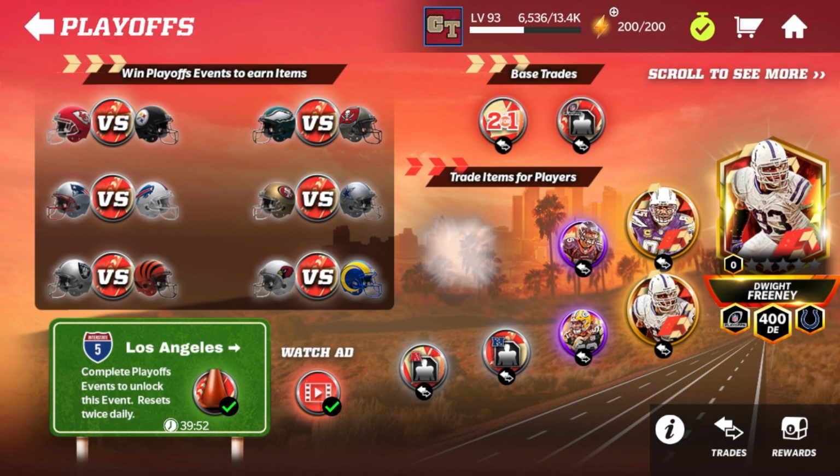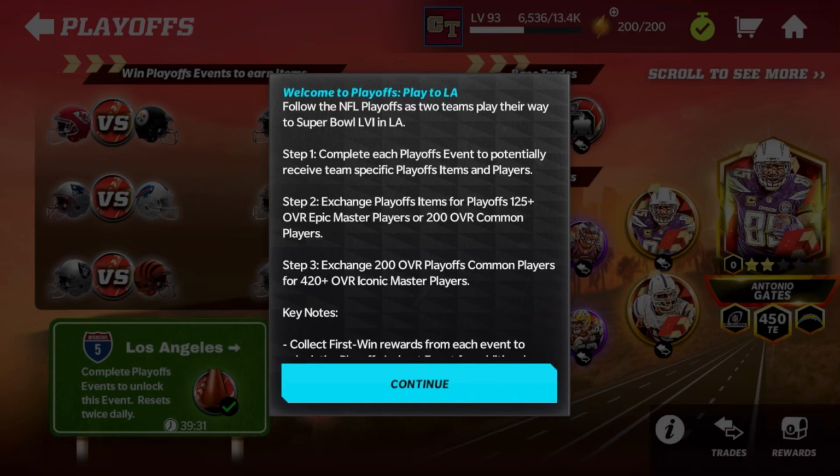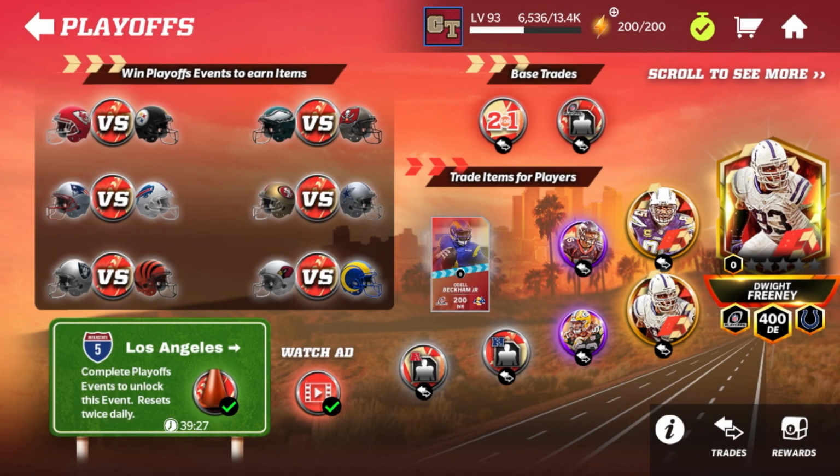So what you want to do, obviously, whenever reset hits, is make sure you have that full stamina. Overnight it should recharge, you should be just fine. But make sure that as soon as reset hits, the quickest possible, whether that's an hour or so later or right at reset, try to use your stamina then, because then when the next reset hits, which I believe the next reset for events is 7:30, yes, 7:30 EST, you will then be able to go in at that time